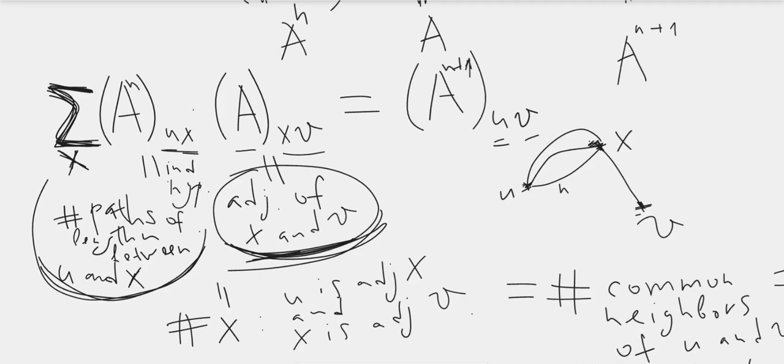So this is the number of such x that both of them is 1. So the second condition is exactly true as it was previously. X is adjacent to v, but the first one we need to replace, not u is adjacent to x, but